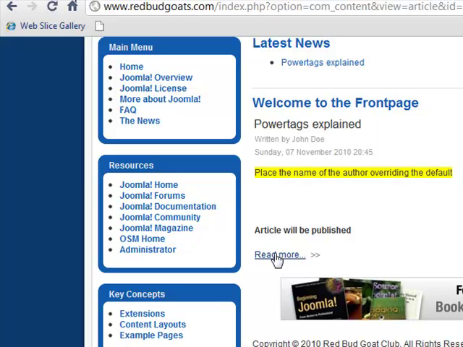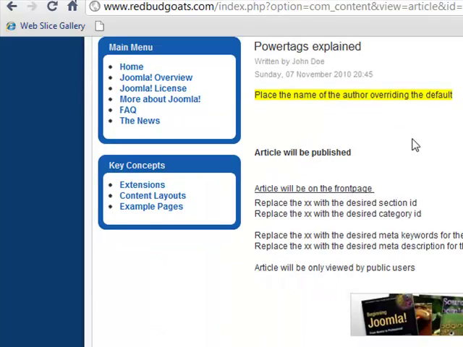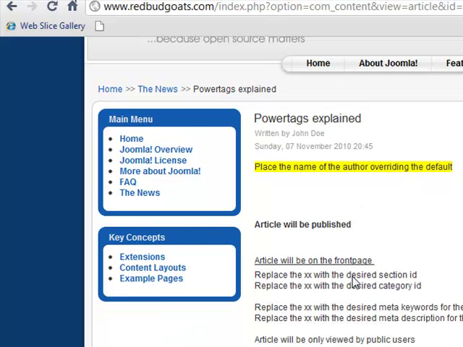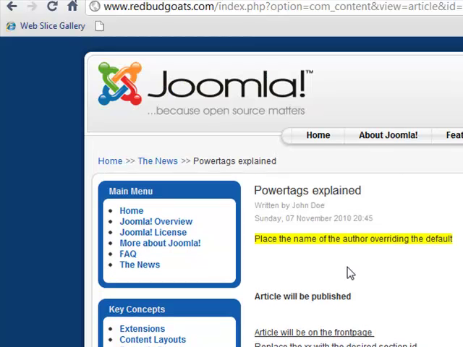And we'll click read more. And there we have the rest of the article. So there you have it. Power tags are a very powerful way to control your content and your articles. What we should notice, and we're going to talk about this in another tutorial, is that